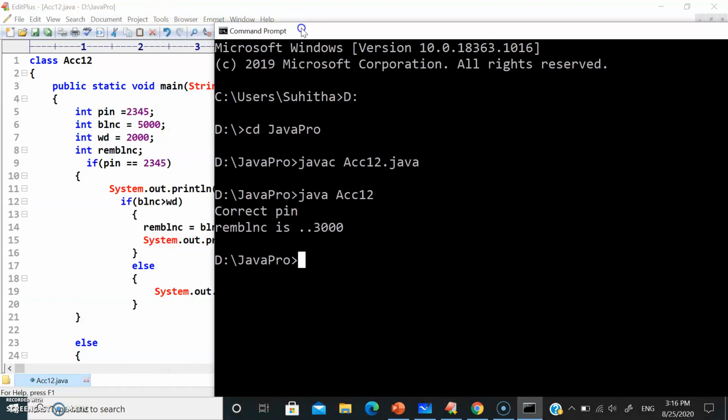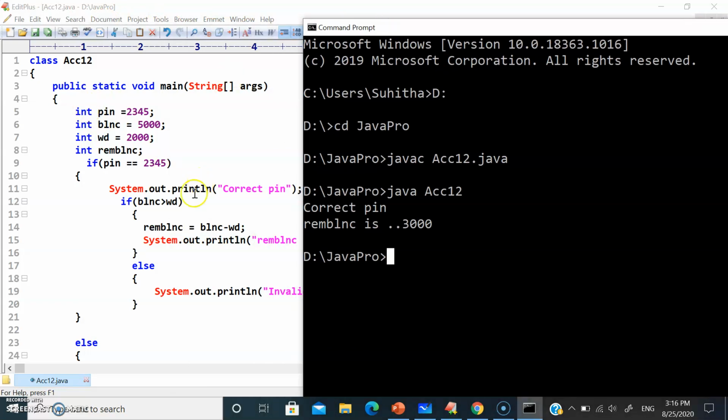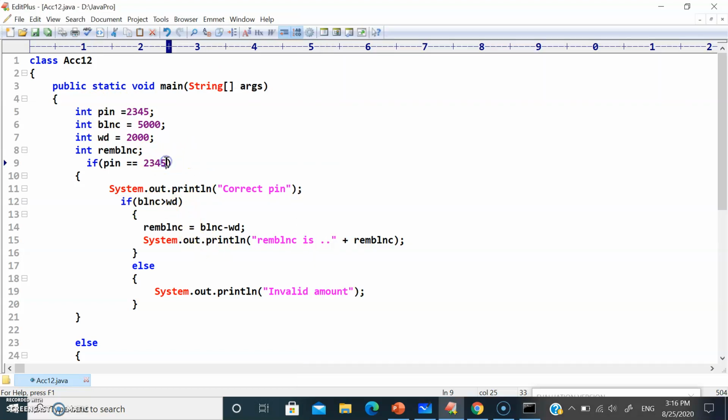So as per the condition, pin is satisfied, balance is also greater than withdraw, so it is showing us the remaining balance is 3000. Let's change the pin to 23451. Now your pin is not satisfied, so it should go for the outer else statement.